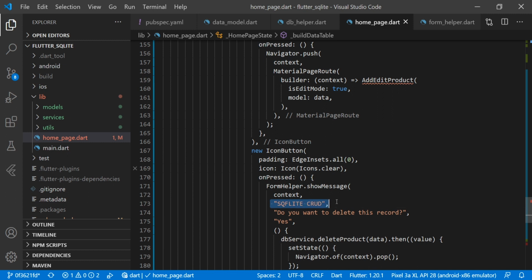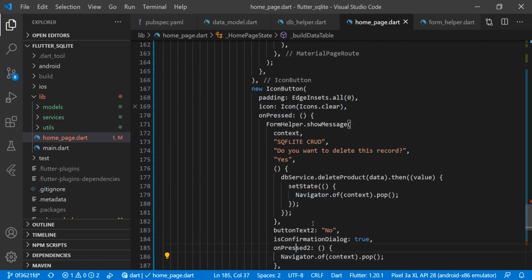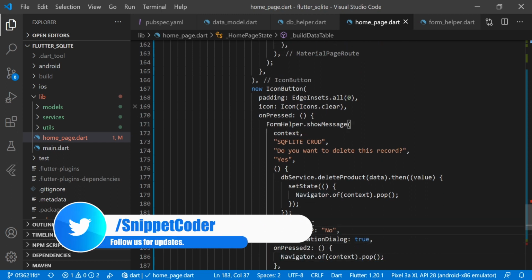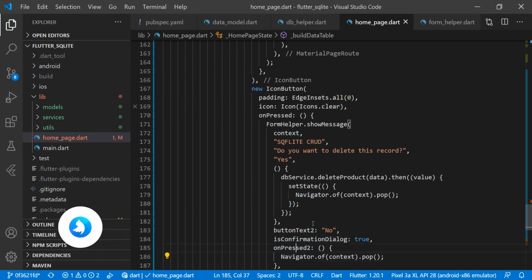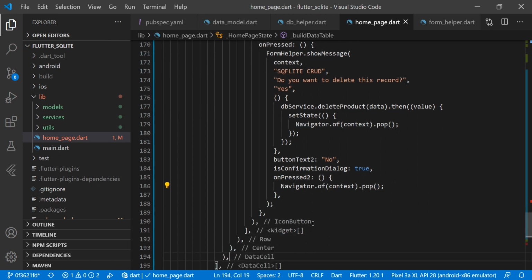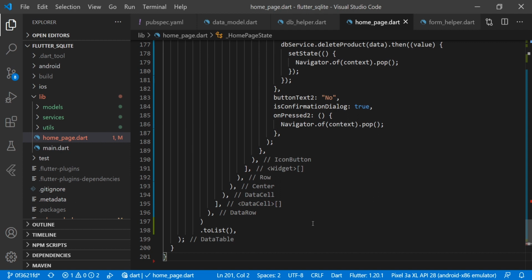Then we have a title, then we have a message, do you want to delete this record, then we have a label for the button, and then we have the yes button, then it's the event of that yes button, and then we have a button text too, that we name as no, and then we are passing here isConfirmationDialog is true. Then we have an onPressed method for our second button, and here we are just hiding that pop-up. So that's all in this page.